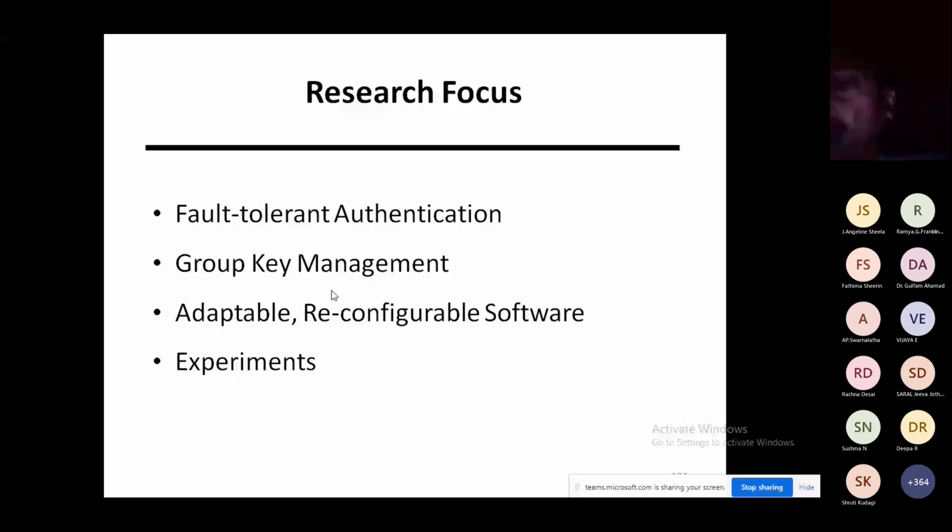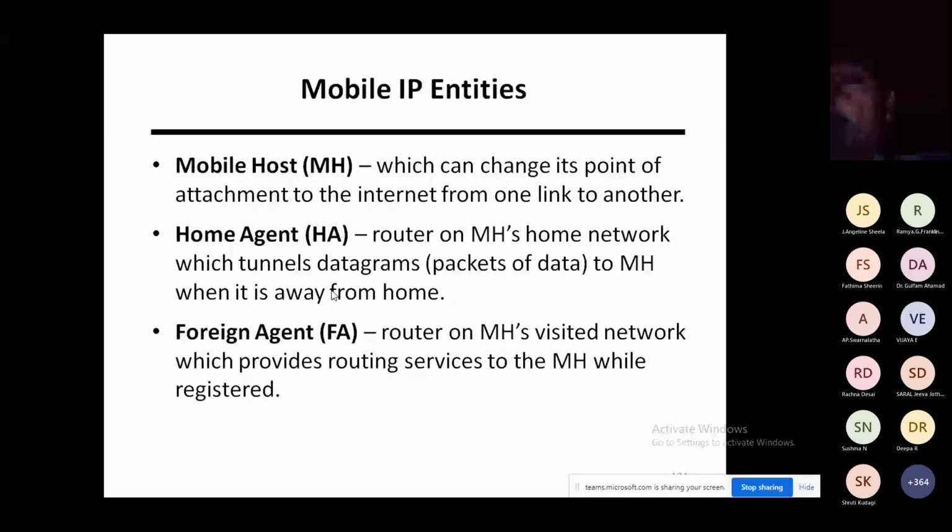So the mobile IP entities: the mobile host, which can change its point of attachment to the internet from one link to another. The home agent, a router on the mobile host's home network, which tunnels datagrams to the mobile host when it is away from home. And the foreign agent, a router on the mobile host's visited network, which provides